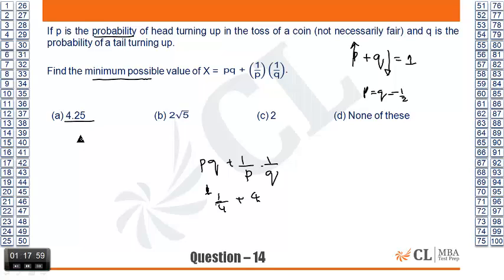Is it so simple? Is it okay? So let's check. If P increases, this value will increase and this value will decrease. But then this value will decrease and that value will increase. There is a double impact.